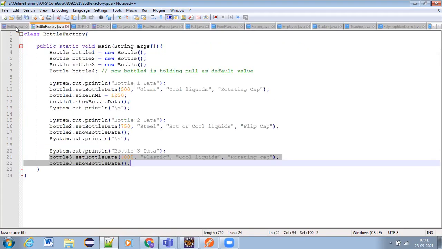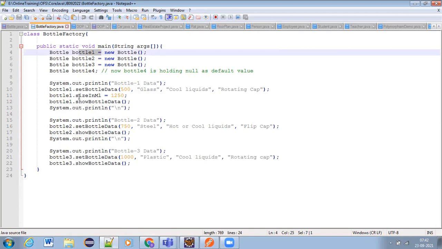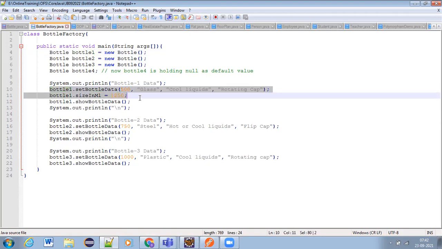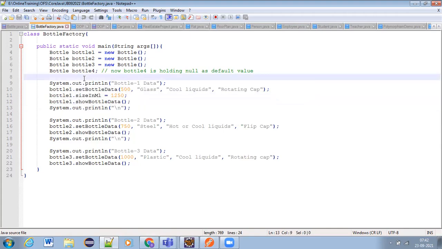See, in the bottle factory example, for bottle, if you want to set any values, you should use the object, Bottle 1 dot. Without the object, directly you cannot write size in ml. If you write like this, it will give you an error, right? Guys, are you getting it?